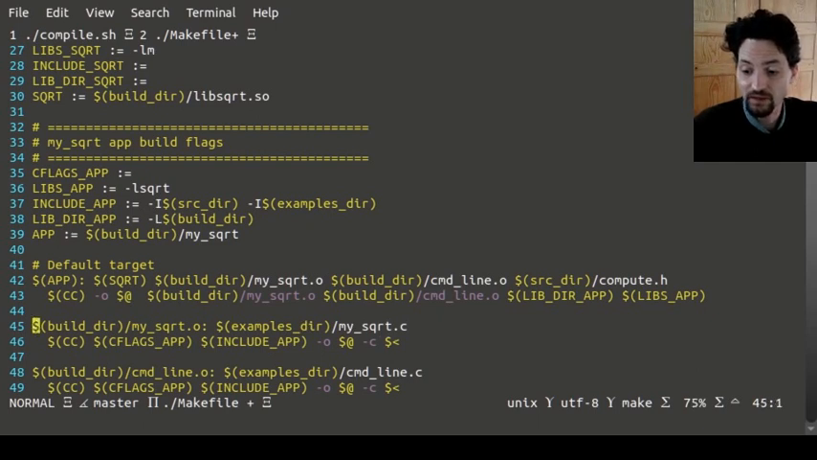And how do I obtain this one? $(CC), so I compile with GCC with the C flags of the application, the include of the application, -o the target I want to create, and -c for separate compilation, and $^ or $< in order to tell it, okay, please give me the first dependency. So then I will give this one. So this will end up in GCC